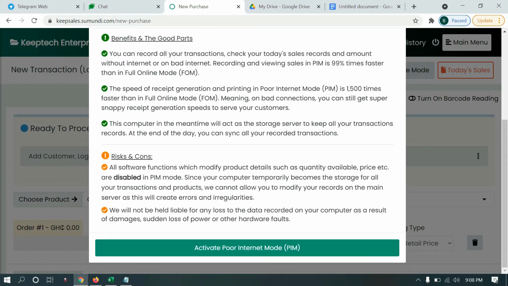And then the last thing is that this computer in the meantime will act as a storage server to keep all your transaction records. And at the end of the day, you can sync all your recorded transactions. If you remember initially, I said that our platform is online based. So your record, your data, everything is saved on the cloud. It is saved on some server somewhere, on the cloud. This is what helps you to be able to monitor your sales wherever you are, and be able to operate